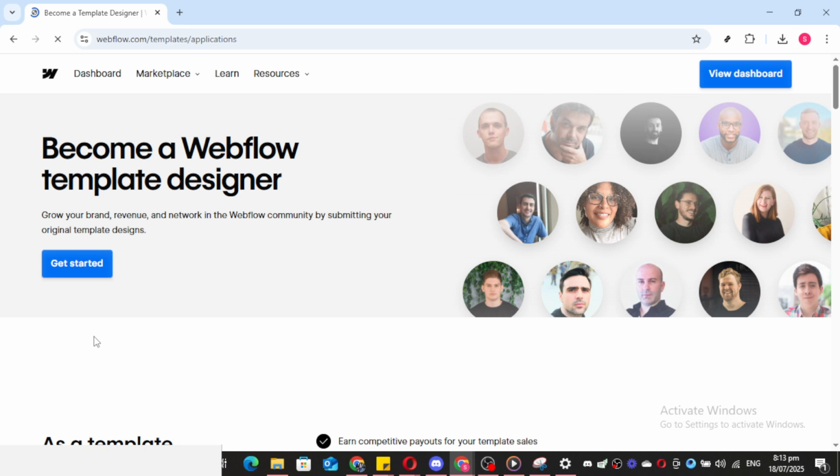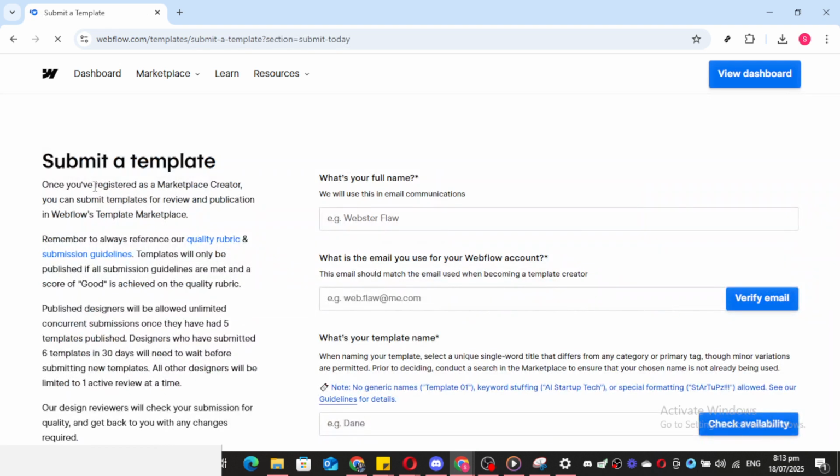To do this, click on Submit a Template. This brings up a detailed form where you'll need to provide essential details about your template. Make sure you fill out everything required, leaving